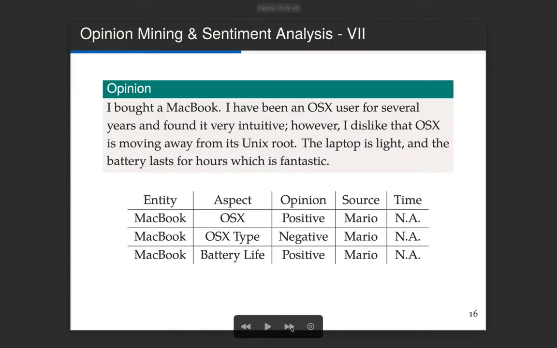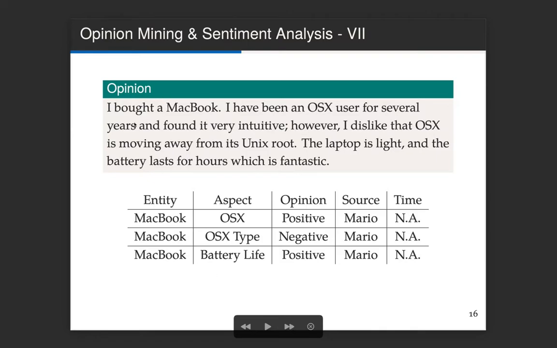Let me complete the example that I described a few slides before. With these components of an opinion, you can write all these elements into a table, and then you can fill this table.